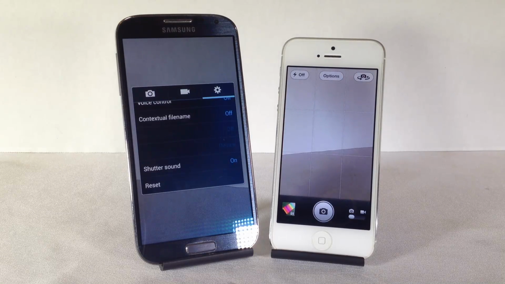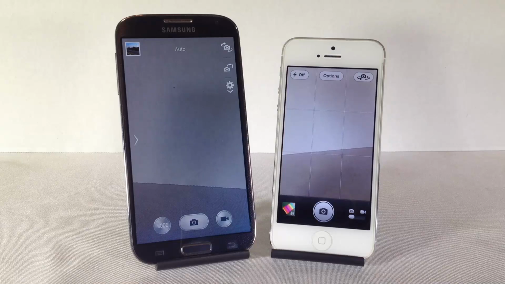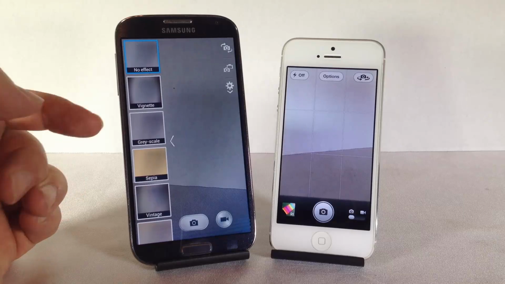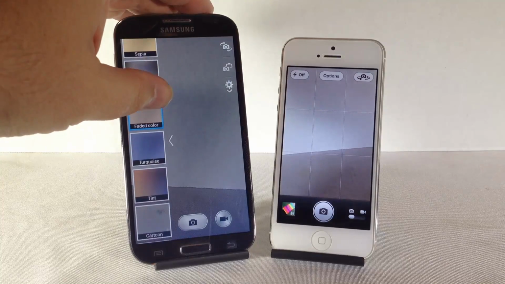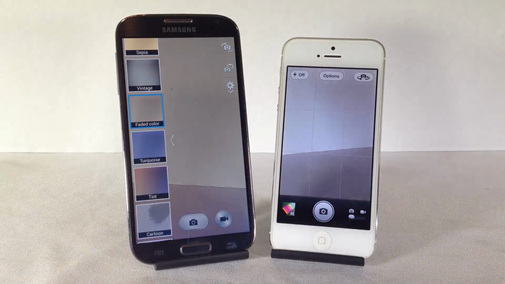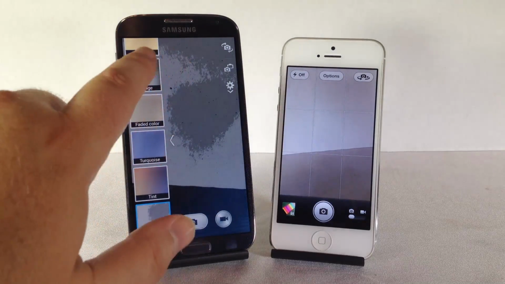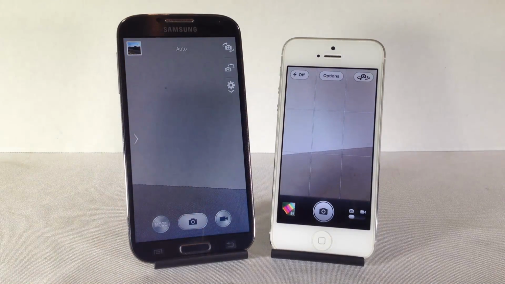The shutter sound you can turn on and off, and of course you can reset all the different settings that you have on here just by hitting the reset button. So a lot of customization you can do here. One of the other things you have with the S4 is you can create different polarized pictures based upon sepia, grayscale, vignette, turquoise, tint, and by changing to these you can immediately see the results pre-photo through the screen, which is really cool, and some people sort of like that. Here's a cartoon feature you can use, etc., etc. So it gives you a wide range of different effects and things that you can do through